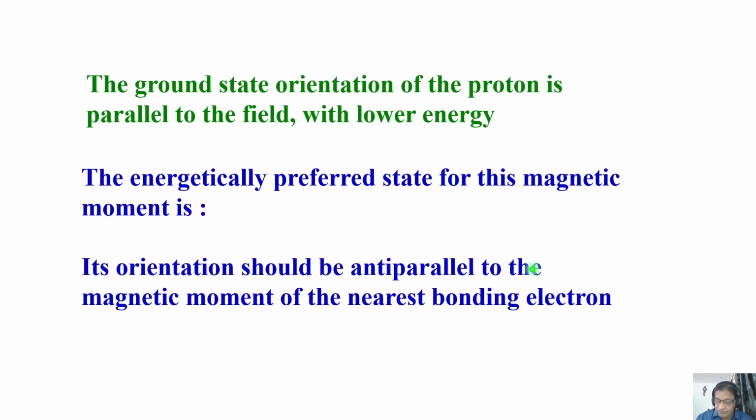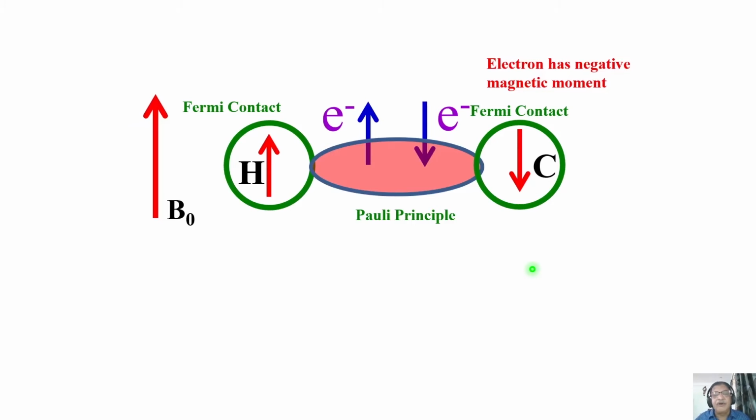That should be there. Now let us see the drawing, how it orients. Diagrammatically we'll try to understand. I have drawn a crude diagram myself. Don't worry about it. Drawing may not be very good. I'm not a very good artist. Doesn't matter. Look at this proton spin. I have taken it to be in the direction parallel to the magnetic field, lower energy. Only one component of this magnetic moment, which is in the direction of the field, I take. Now the Fermi contact tells me, because of that, this electron has to be anti-parallel to this. That is the preferred energy state.